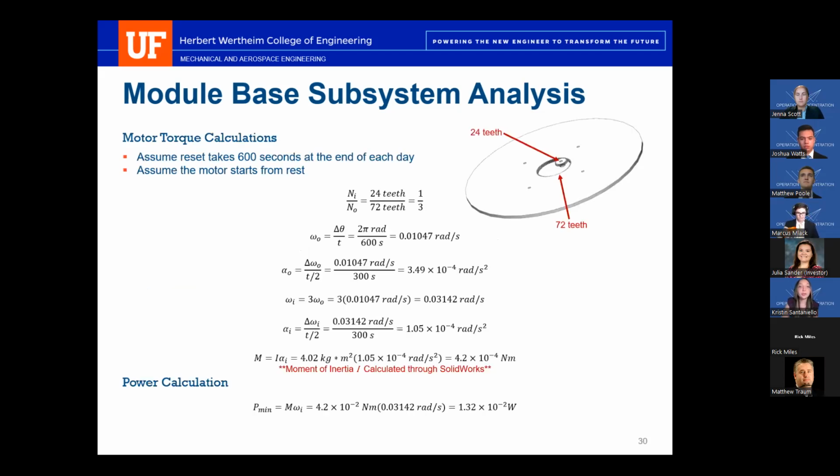So similar to the motor torque calculations we have in our controller subsystem analysis, we are assuming another reset that will take 600 seconds at the end of each day, starting from rest. In this case, this is for the 2 gears shown in the upper right corner. The smaller gear is driven by the motor, and the outer gear is what is rotating the rest of the heliostat module. So note that the gear ratio between the 2 gears is 1/3,